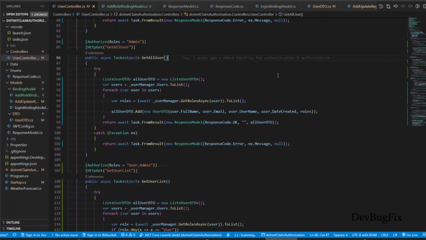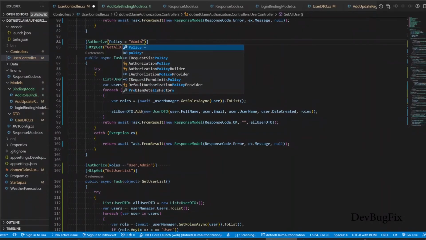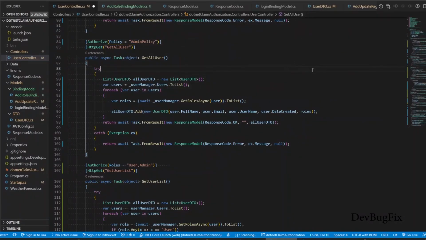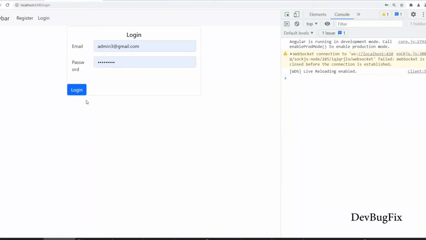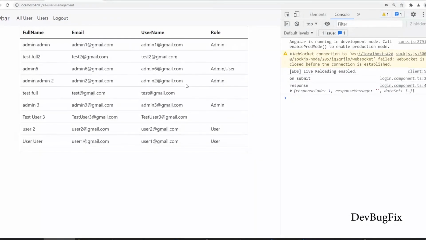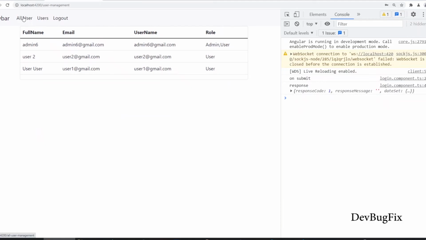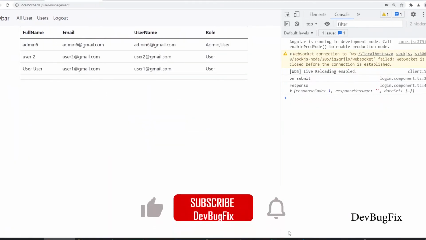In the Authorize attribute we remove the role and we will add here Policy, and in a string we will pass the policy name. And now we will test. First we will log in with admin. We are able to get data from user and get user list. So this is working fine.